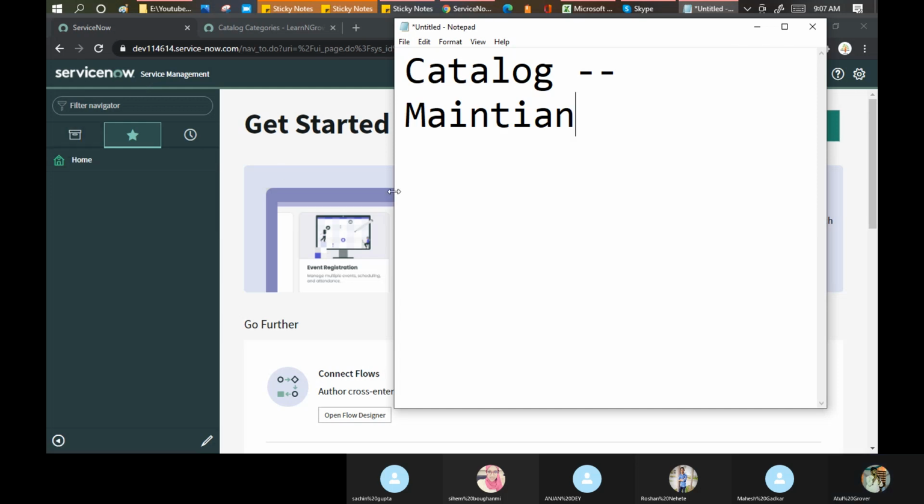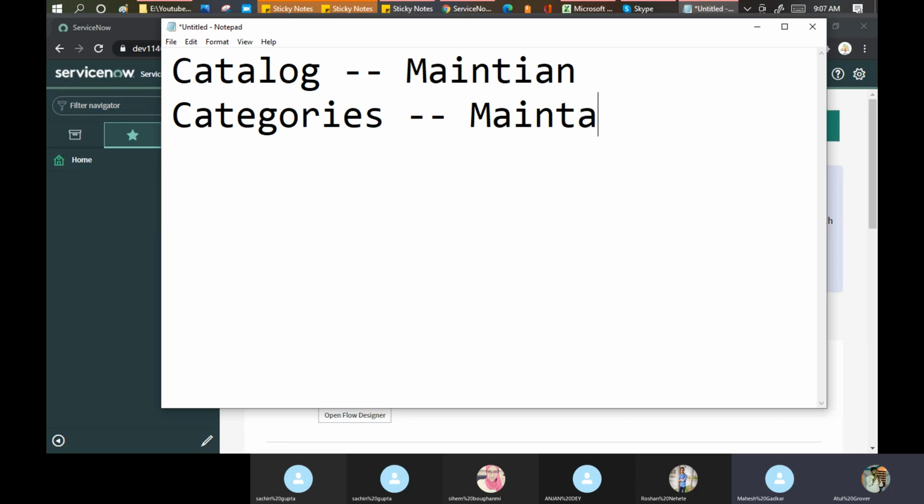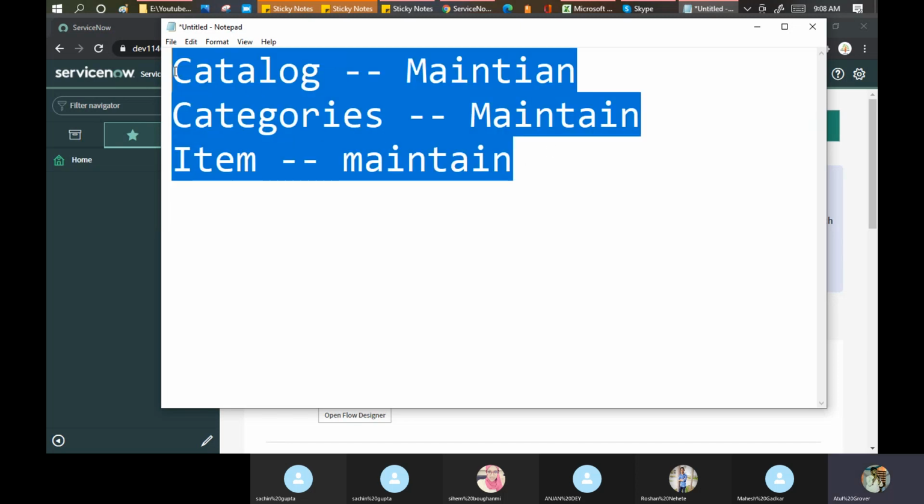Second is the category, maintain category. And finally the item, which we call maintain item. So today we will do all these three things.